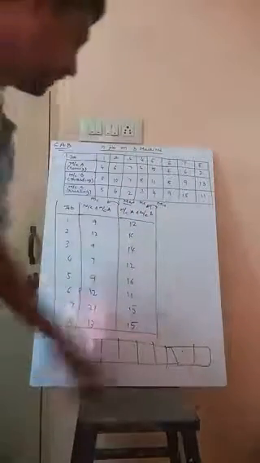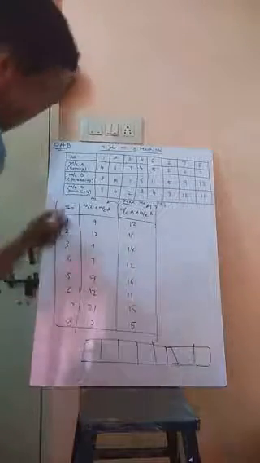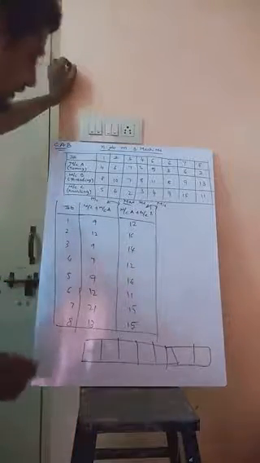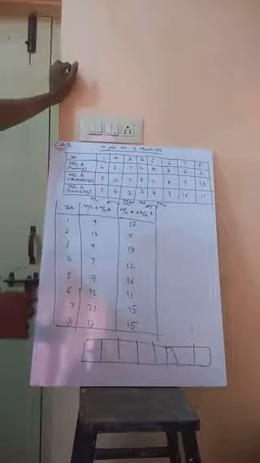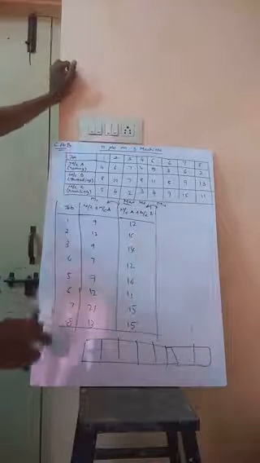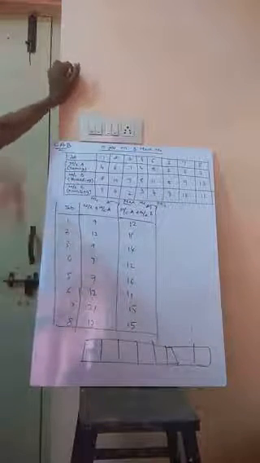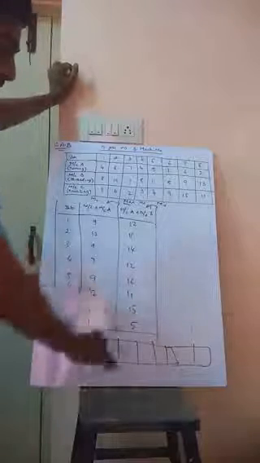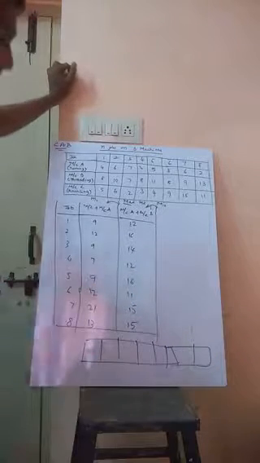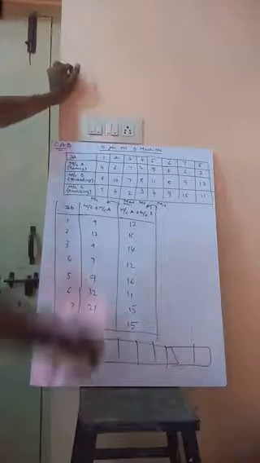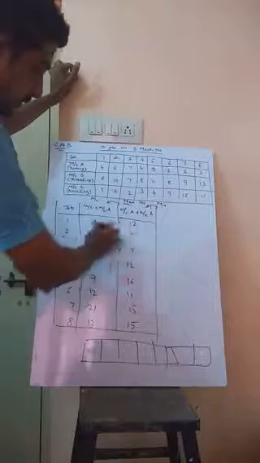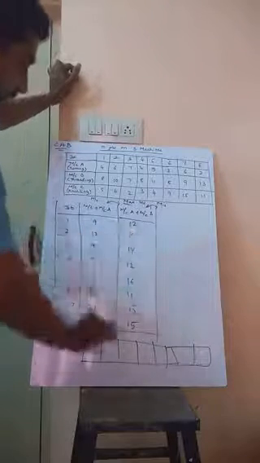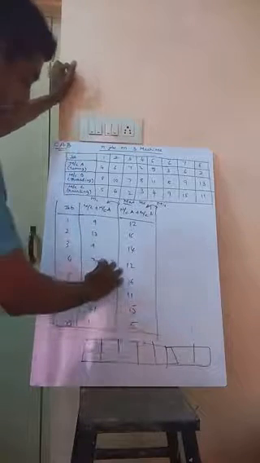Okay, we have drawn the 8 blocks here because the number of jobs is 8. Now, applying the same method as n jobs on 2 machines, we go for the sequence, making the sequence of jobs. As per the rule, you need to find the minimum value. The minimum value here is 7.